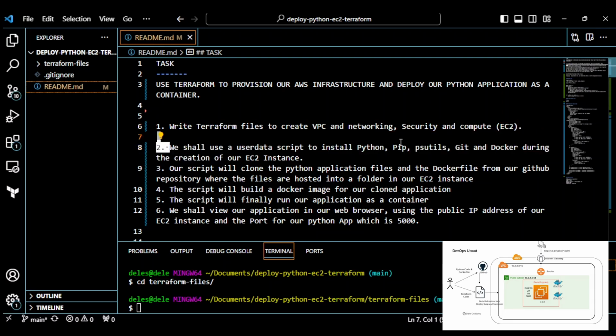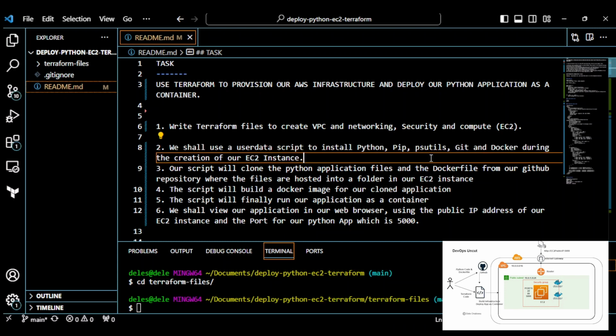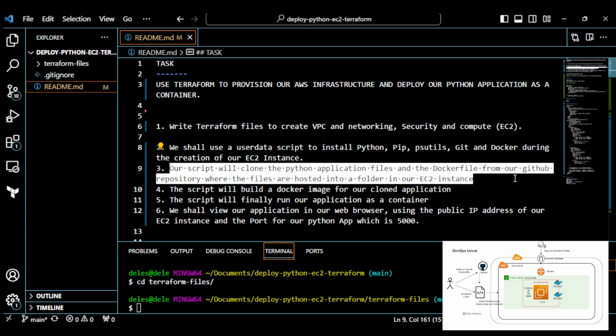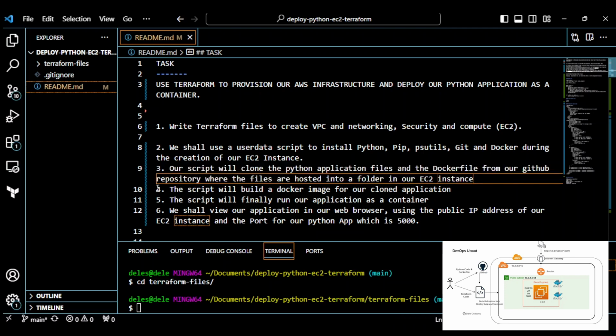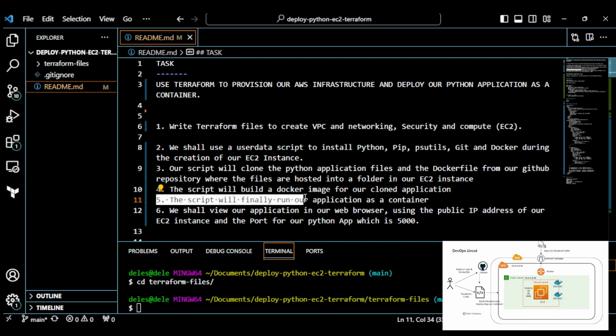Then we shall use a user data script in our EC2 to automatically install Python, pip, psutils, git, and Docker, which we need. This will be done during the creation of the instance automatically. Then we shall clone our Flask Python application from a GitHub public repo into a folder in our EC2 instance, also automatically. And then this script will also build a Docker image from our application and then also run our